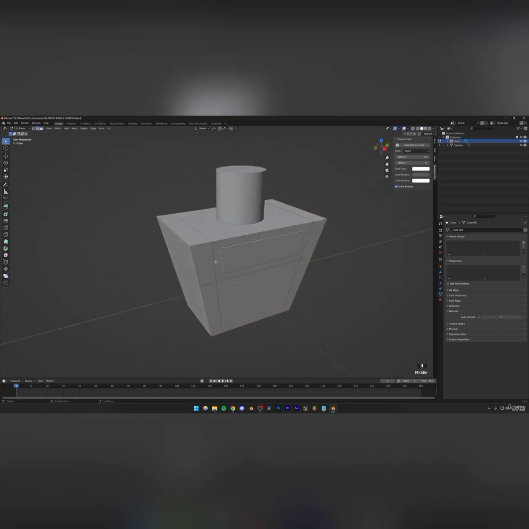what I can do is press Ctrl B on my keyboard, and now if I just move my mouse, you're going to see that it's going to make them smooth, right? However, the segments of the smoothness are not very much, right? It's just adding one more segment. Now what I'm going to do is scroll up on my mouse scroll wheel, and as I scroll up, you're going to see that it's going to add more and more segments, right? So I can just increase it, something like that, or I can decrease it and make it very sharp,